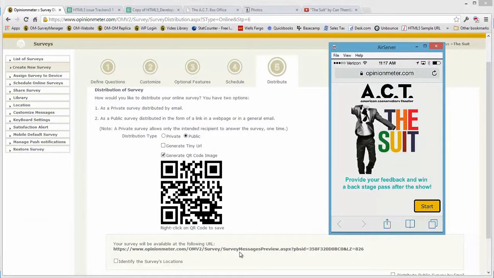And you'll see we've branded with the ACT logo. We added an image of the production of The Suit. And this is just an example here. Provide your feedback and win a backstage pass after the show. We could do all kinds of incentives. We could even have quizzes, different interesting ways to incent people to participate in the survey. That's just an example. So I'm going to touch the Start button,